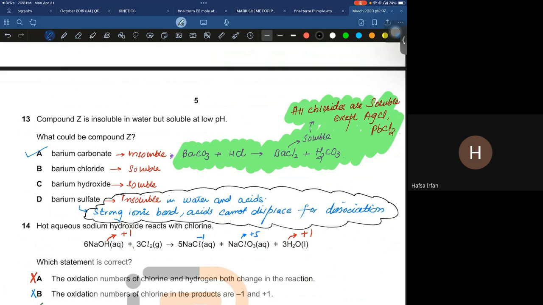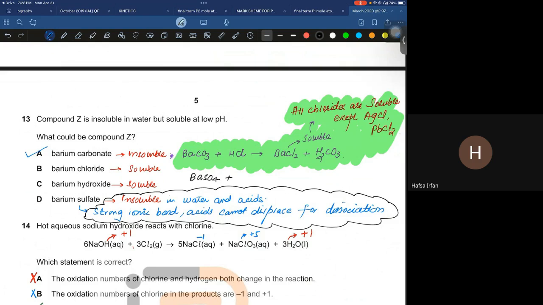Barium hydroxide is soluble because I told you the solubility of hydroxide increases down the group. The solubility of hydroxide increases down the group. And then barium sulfate is also insoluble, but barium sulfate, BaSO4,